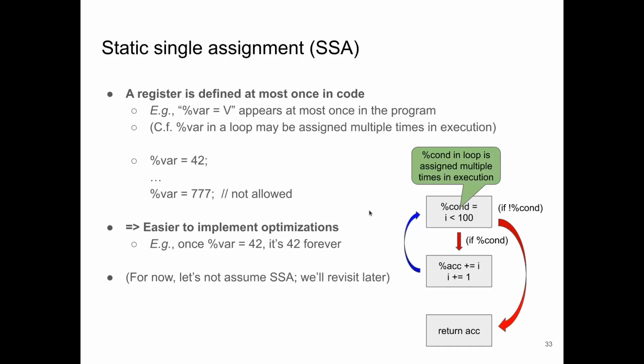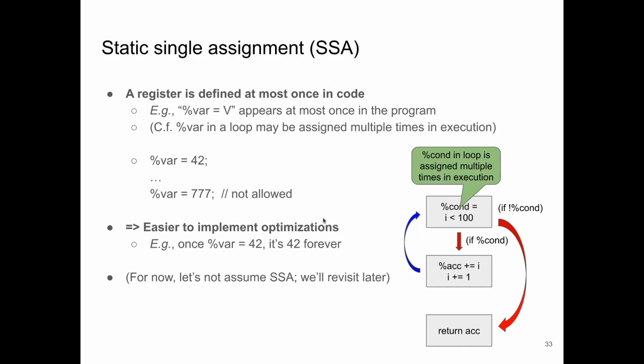The reason why we have such a rule, static single assignment, is that using SSA, it is much easier to implement optimizations. Recall that registers alone simplify the job of optimizations thanks to the automatic verification of non-interference. If the variable is a register, then it is automatically not interfering with other parts of the program. But SSA